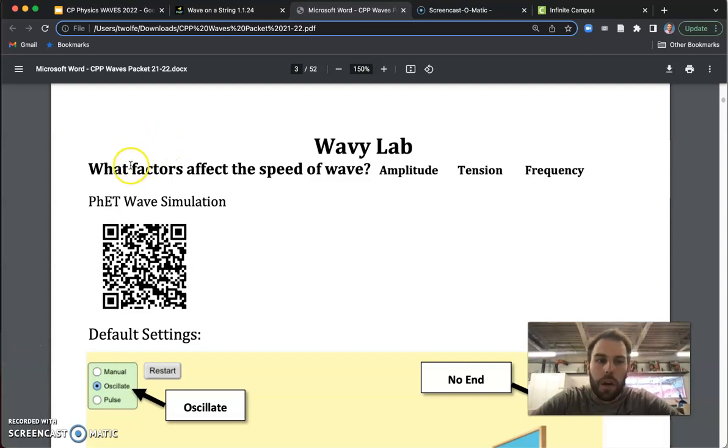So for this experiment, we're going to be asking the question, what factors affect the speed of the wave? And when I say the speed of a wave, that's how fast the crest is traveling for a wave. So we're focusing on one crest, how fast that's traveling. And we're going to see, hey, if we change the amplitude, like how high the wave is, is that going to affect the speed? If we change the tension, so like part of the medium that the wave's traveling through, is that going to change the velocity or the speed? And then frequency, how many times we're generating a wave per second,